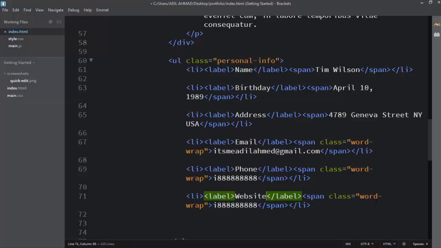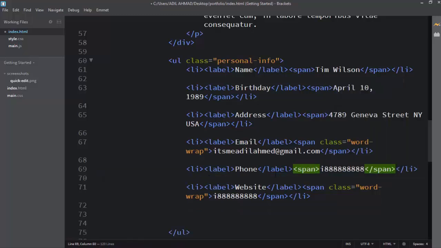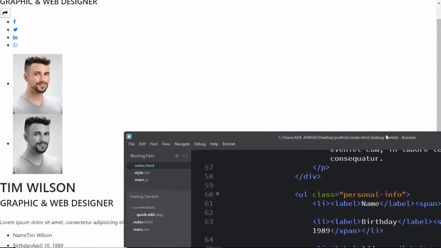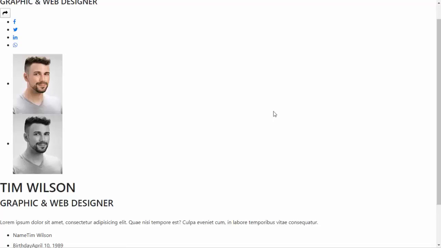Here I am putting word rep. Inside the phone I am deleting this class. We don't need it here, it's normal. Here only I am putting the word rep, and then I am putting some website link. If I show in the browser, then we'll get only the dummy text. Let me show you. As you can see here, we are getting